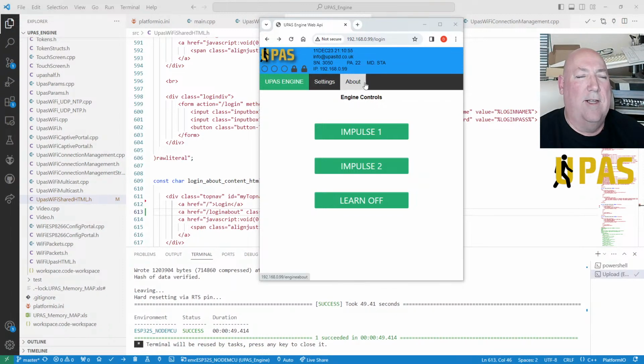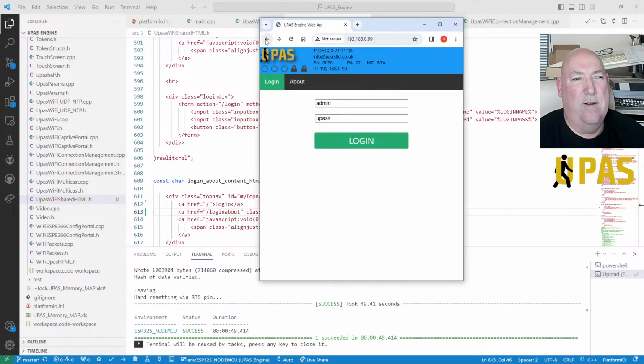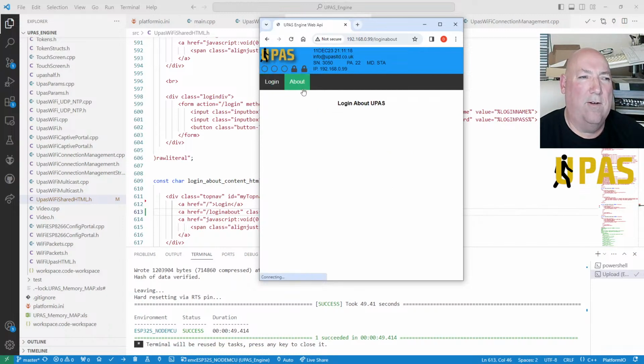Right, so let's sort this out. Let's decide what we're going to have. So we're going to keep the about. Do we need an about there? I don't know if we do. It's nice that when they come to the login screen, there's an about, because they'll come across it and wonder what the hell's this? Log into what? If you're not sure what it is, you can click on About. It'll give you information. I suppose we could just fill that out.